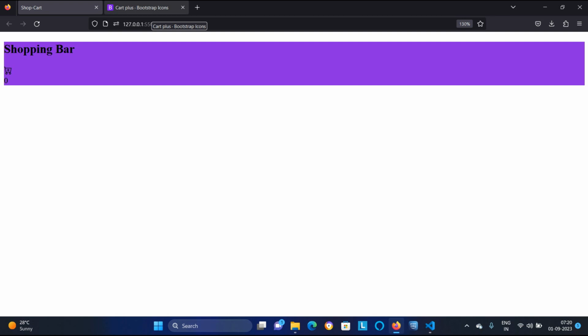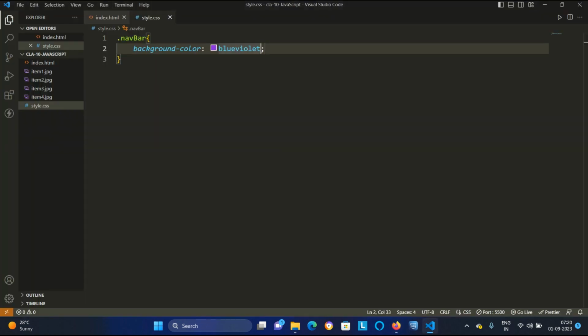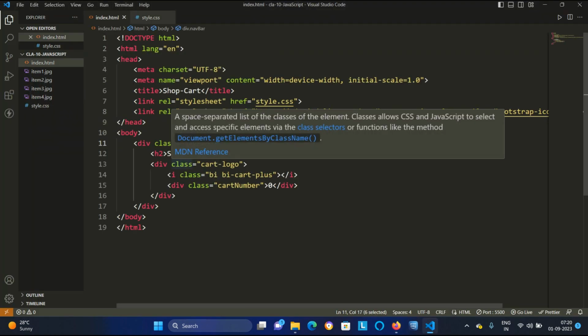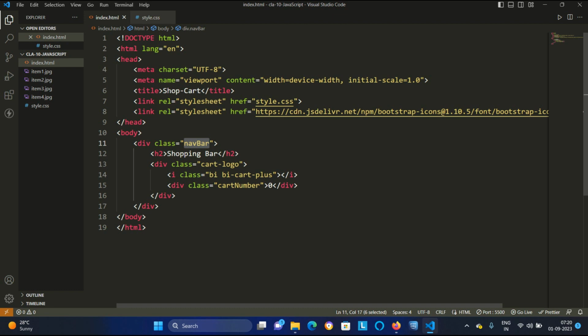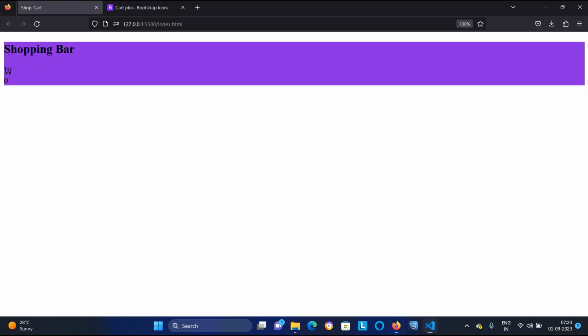Now you can see the navbar. In the navbar we have only this much: the shopping bar heading, this icon, and this number. That's why the background color is coming only at that place. This navbar div takes only this much space on my web page.